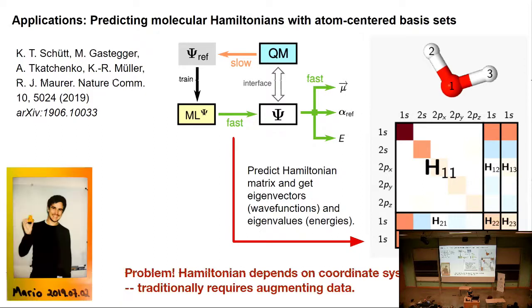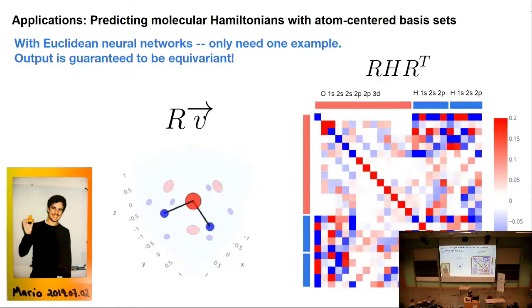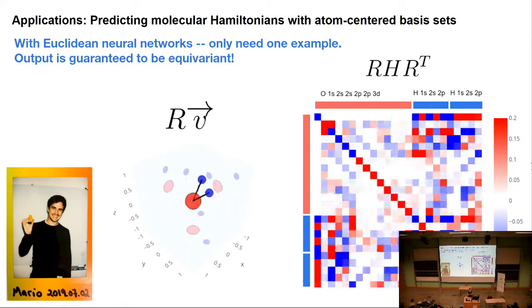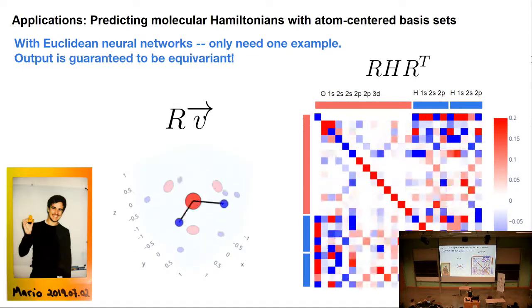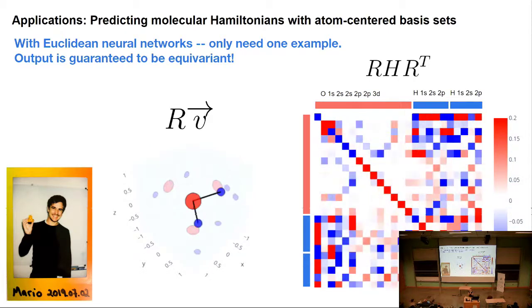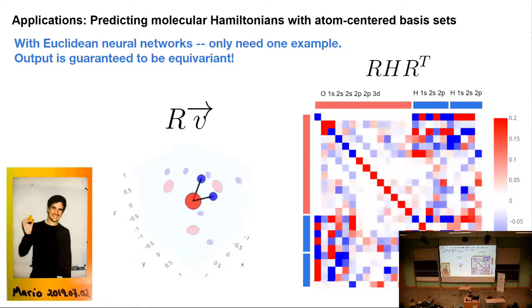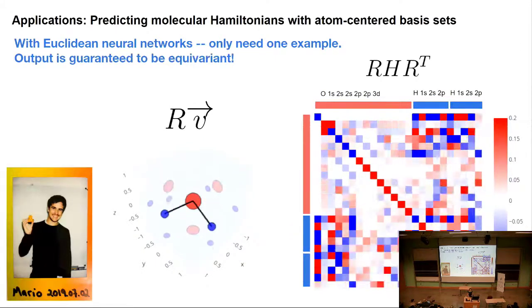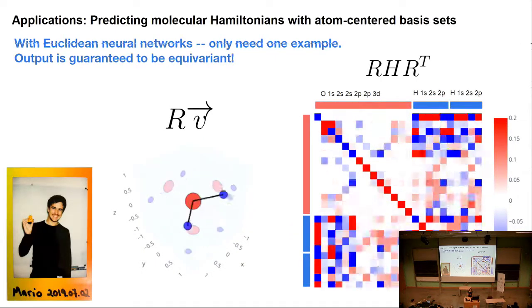learn it. So my intern this summer, Mario, we said, well, why don't we see if we can actually do this with a rotation equivariant network, so we don't need the data augmentation. So this is what Mario is working on. And this is just to show you, with Euclidean neural networks, we only need to show it one orientation of a given example. This is just to show you what this Hamiltonian matrix looks like when you rotate it around. It changes wildly for the same exact geometry. So this is motivation as to why it could be really helpful if we don't have to learn all the different orientations. So that's one thing that we think is going to be very useful for these types of networks.